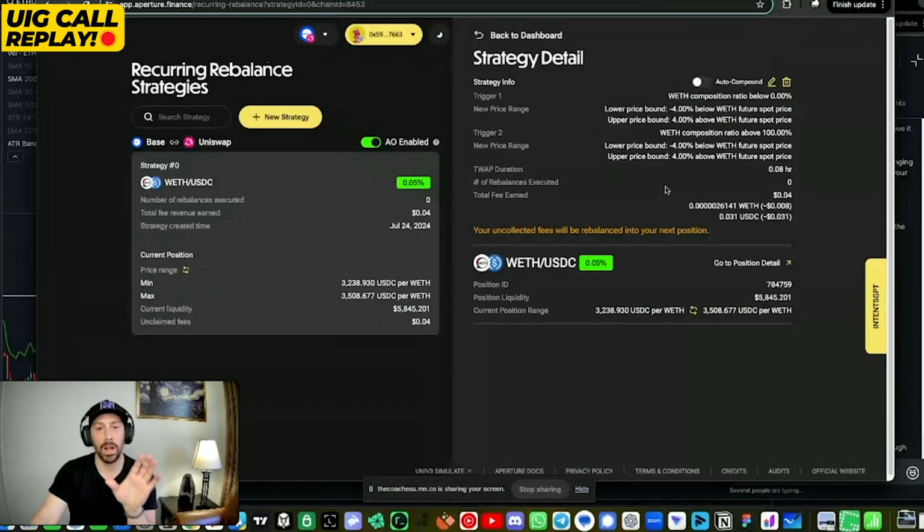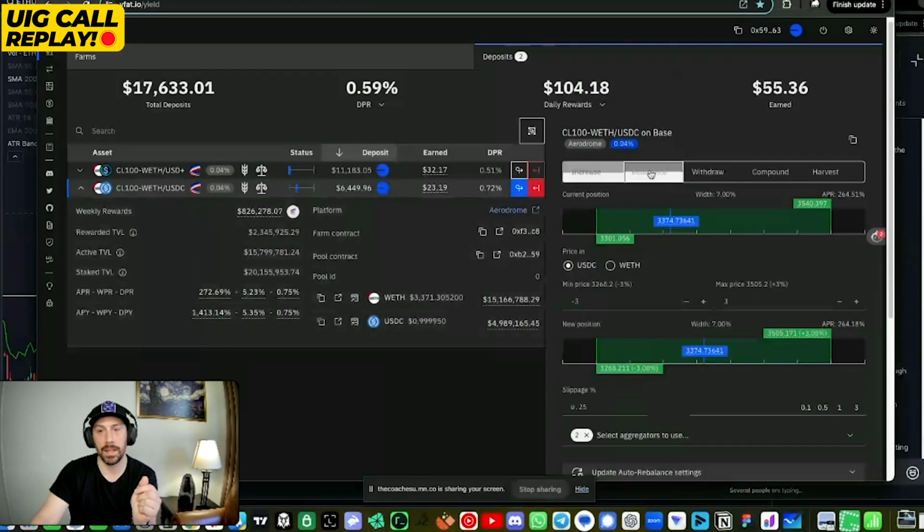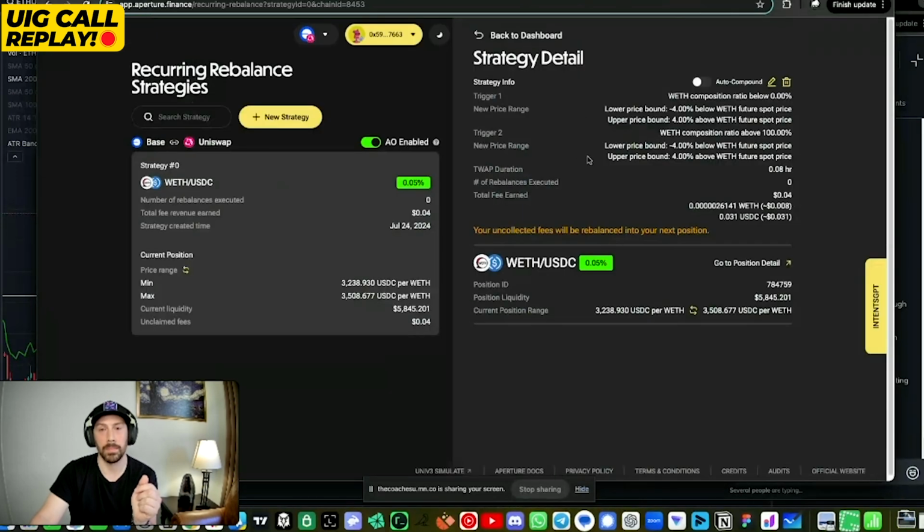So what I've done is I've mimicked VFAT's automated rebalance tool over here on Uniswap through Aperture. So I've got two very similar positions